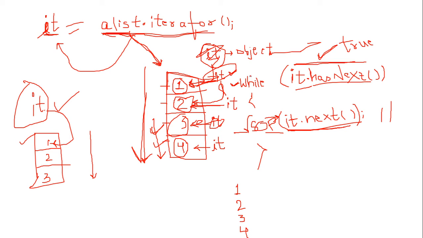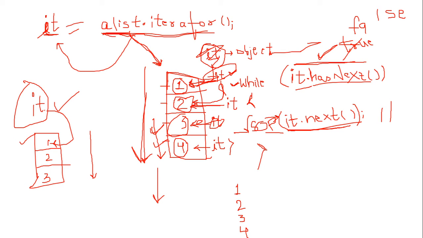Okay, again we will come to the while loop. This time see clearly, it is initially here. After the while loop has executed 4 times, it comes here, and it.hasNext this time will check whether there is another element present in the list, but you can see that there are only 4 elements, so it has not found any more elements in the list. So this condition will become false. So what will happen, we will simply come out of this while loop, and this inner method will not execute at all, and after that our program will terminate.